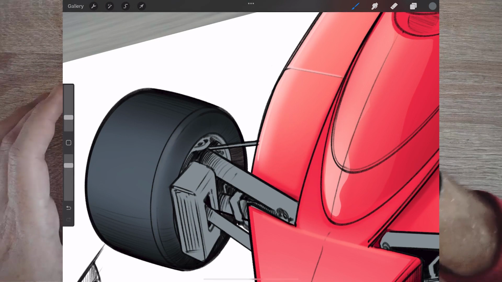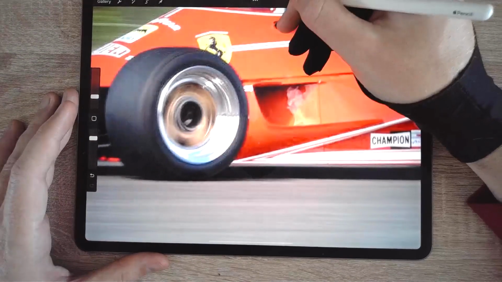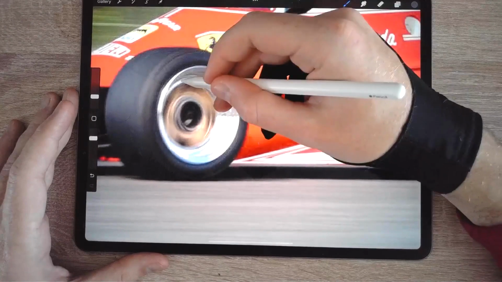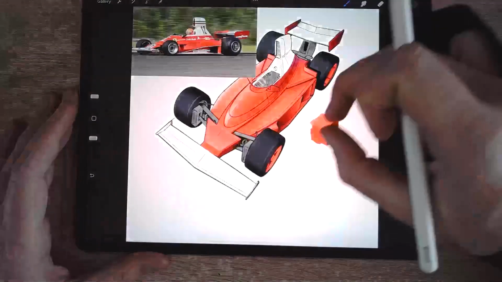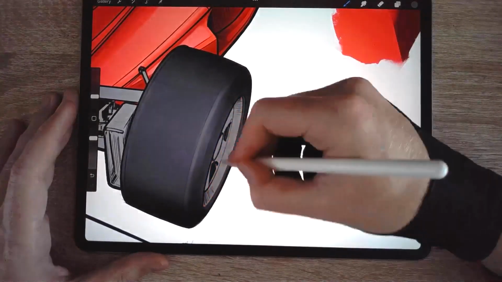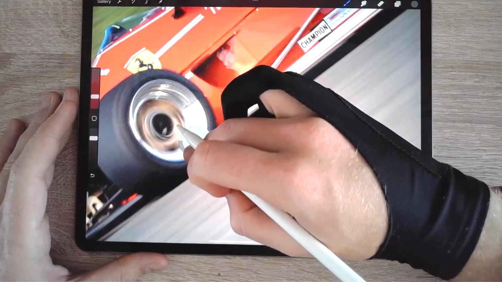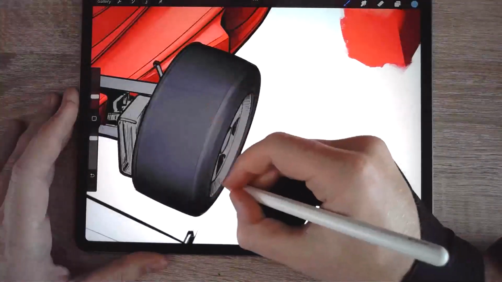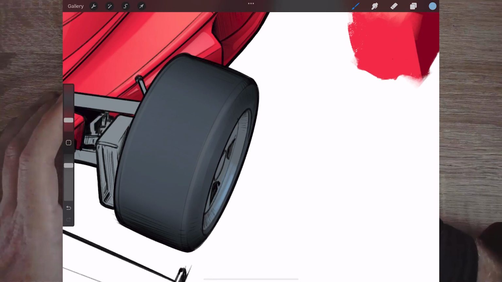So I'm going to do a couple of brush strokes and make sure that I apply a bit more pressure in the center. We have blue here reflecting the sky, and we have gray here reflecting the gray concrete. So that's just what I'm going to do. I'm going to make everything gray first, and then I'm going to add a bit of blue on the bottom. You can make your brush a little bit thinner,